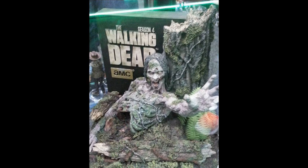So this year, for Walking Dead Season 4, when it's released, which is usually sometime in August or September, depending on where you're at and how long it takes to ship, this will be released with the special edition for anyone who wants to buy this or collects these. Very cool. Just a cool way to display your